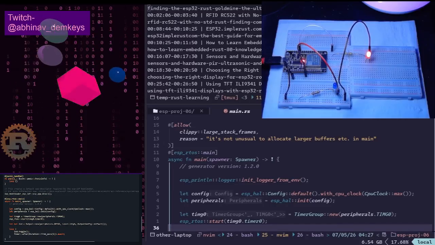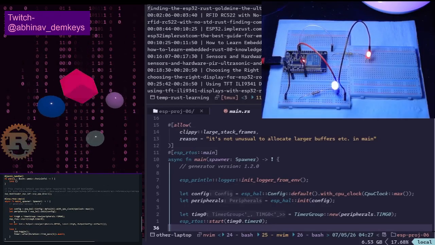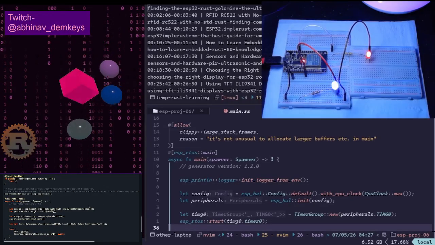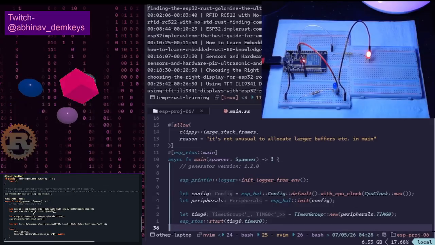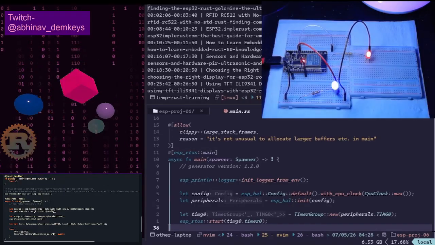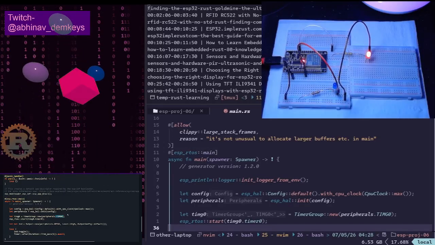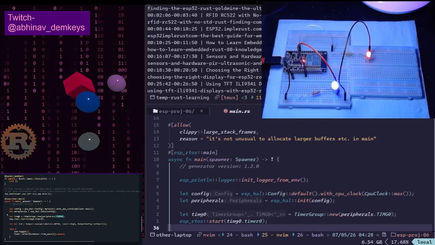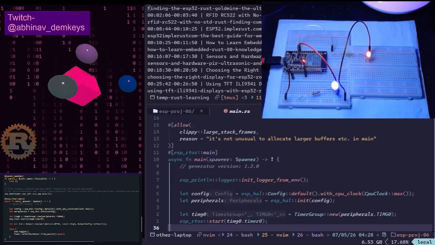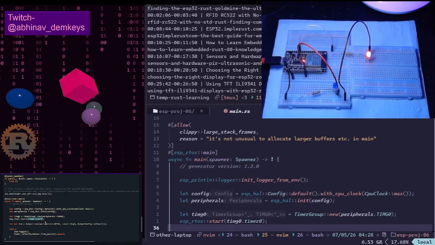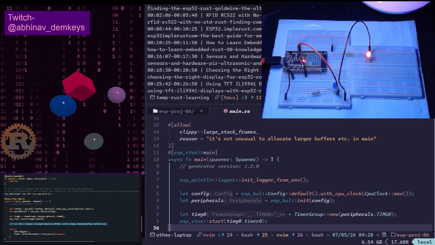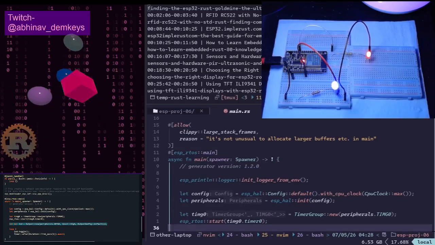Either way, so in terms of differences here, let's take a look at what the code is doing. So our config, that's our default thing. The config has to be passed in to peripherals when we are grabbing the peripherals. Then from there, we are, I believe, taking ownership of timg, which is our timer group 0. And then we call ESP RTOS start using a timer from timer group 0. Then we do our regular thing of grabbing the GPIO2 pin, setting up the GPIO2 pin,